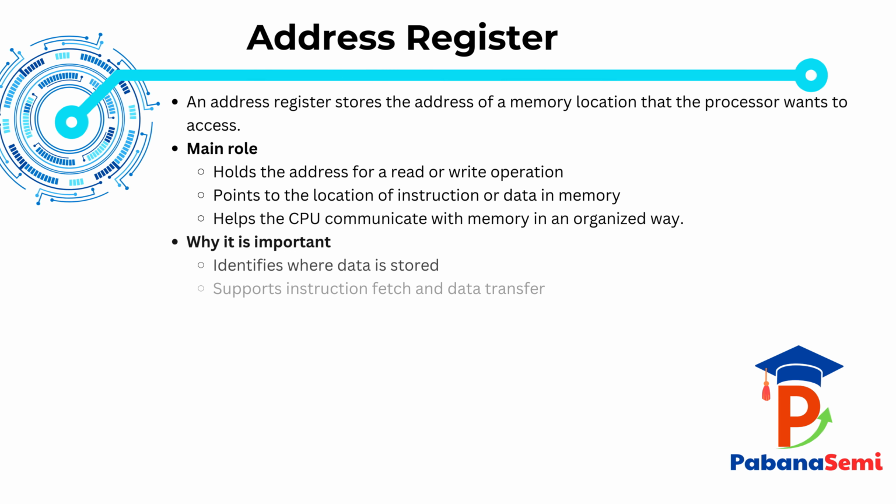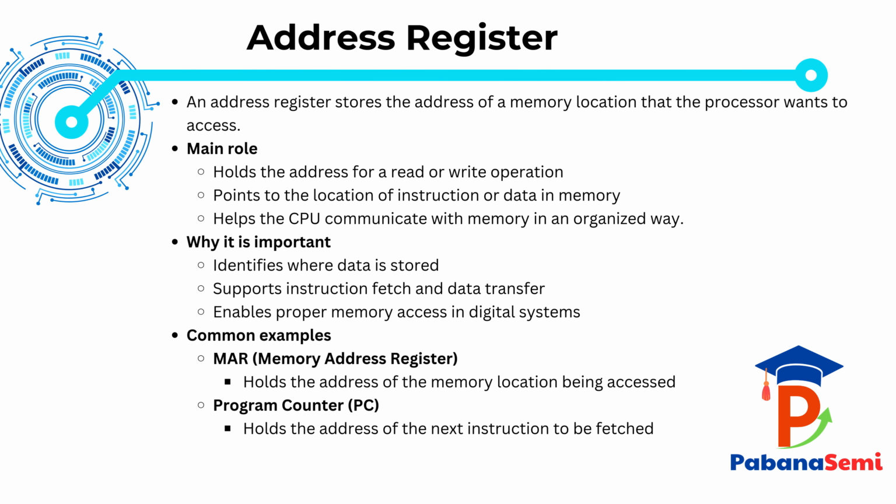This slide explains the address register. An address register stores the address of a memory location that the processor needs to access. Instead of storing the actual data, it stores the location where the data or instruction is found in memory. Its main role is to hold the address during read or write operations and help the CPU communicate with memory